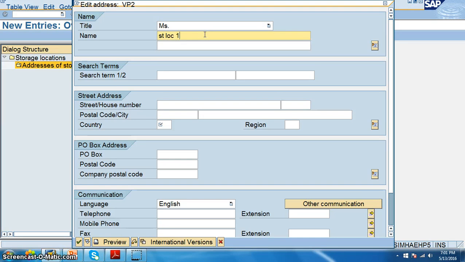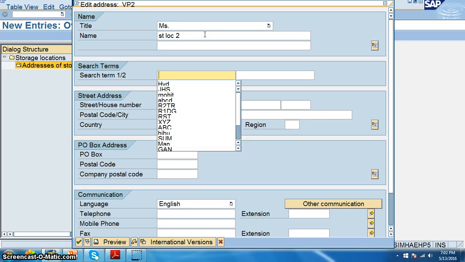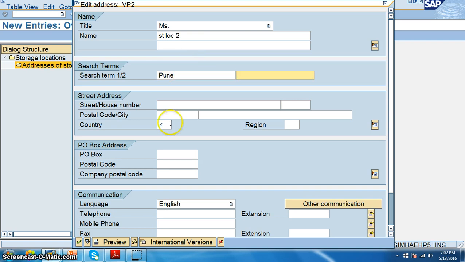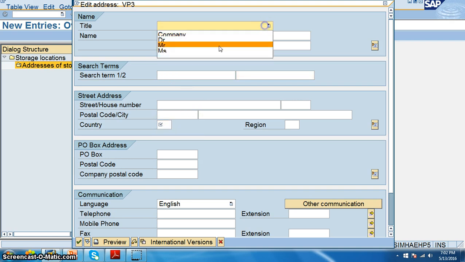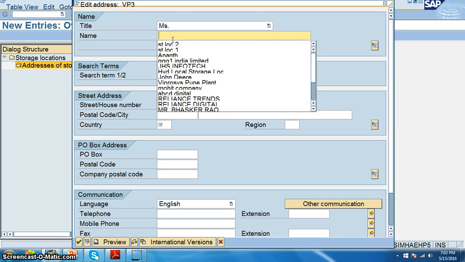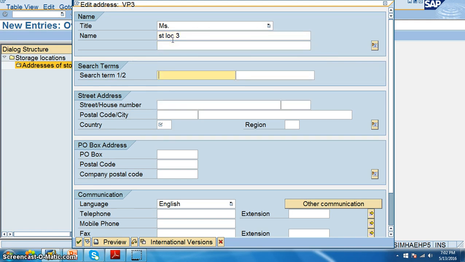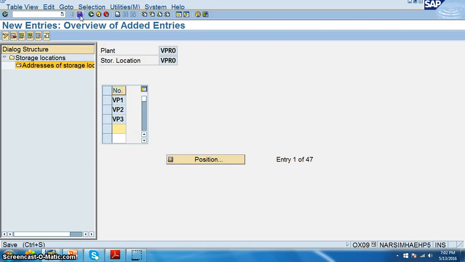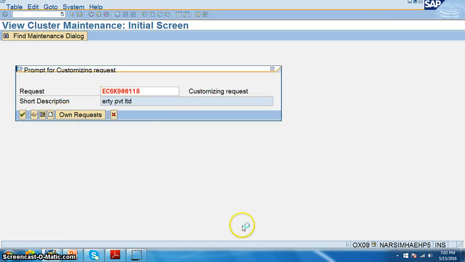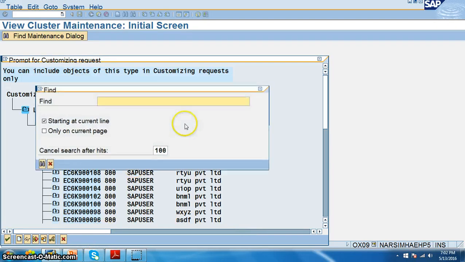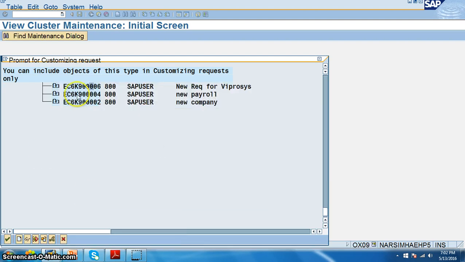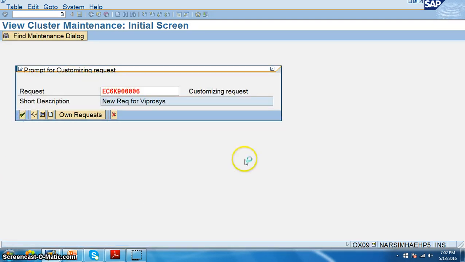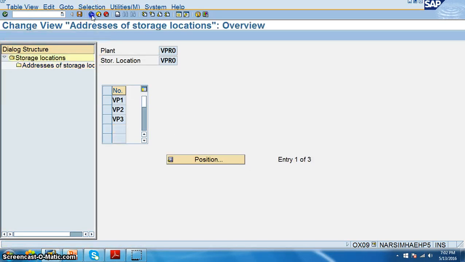So the storage location 2, say it's in Pune, and then we have the country as India. We can give all these addresses because we have given 3 storage locations. We'll go for 3 storage location configurations, and we have this in Mumbai, India, and save. Own request. So we are saving it as a request. So basically we are looking at each and every step, whether it has been done successfully, or if it has not been done, we are fixing it up.